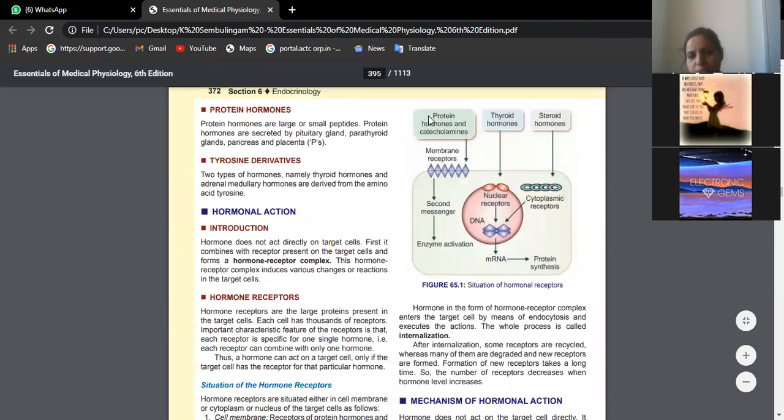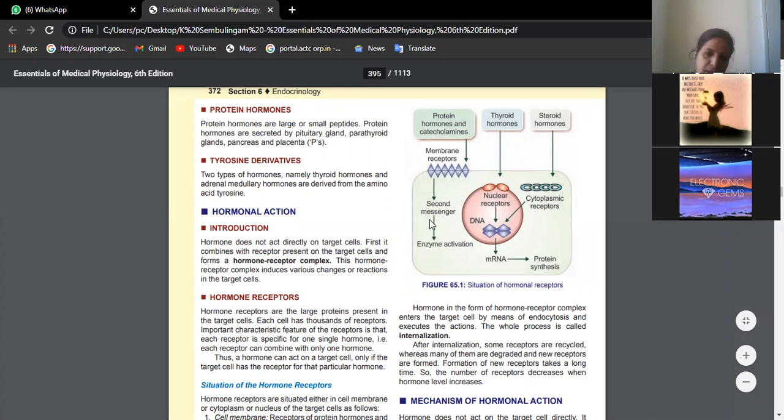Now, insulin, is it a protein hormone or not? Yes, it is a polypeptide protein hormone. Very good. So suppose this hormone is synthesized from the islet beta cells, and once it is released and goes to its target cells, it has certain receptors on the cell membrane. So the insulin comes and binds with the receptors here.